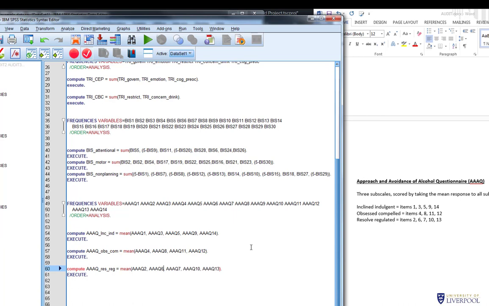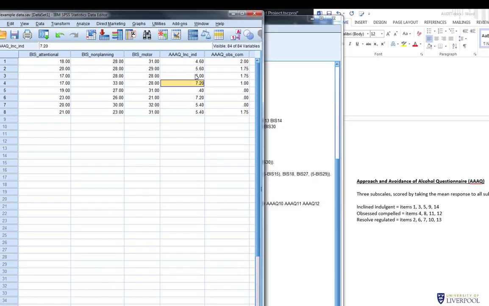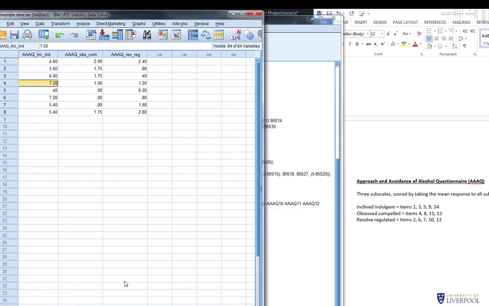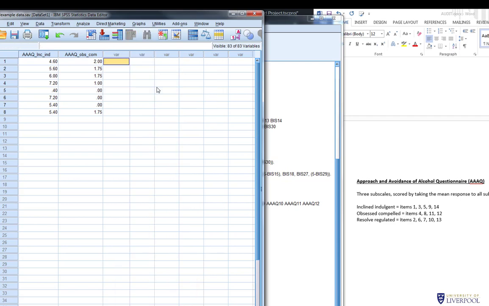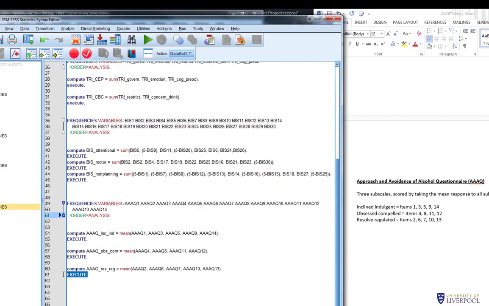So that's generally all you really need to know to do these things, but I will show you some little bits and bobs that may be useful for you if you come to have issues when you're doing this process. Firstly, the execute command. If you don't use the execute command, I'll show you what happens. So let's just delete that from our data set, and now if we get rid of the execute command and we run this,